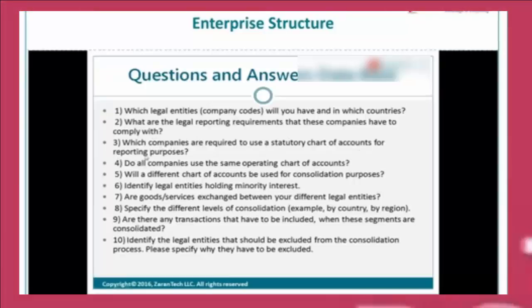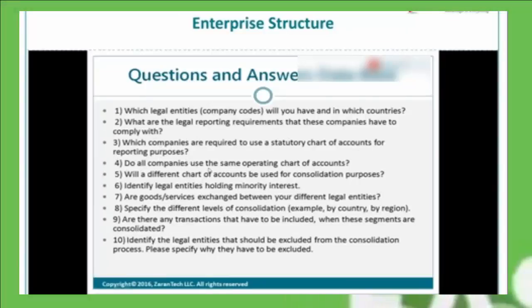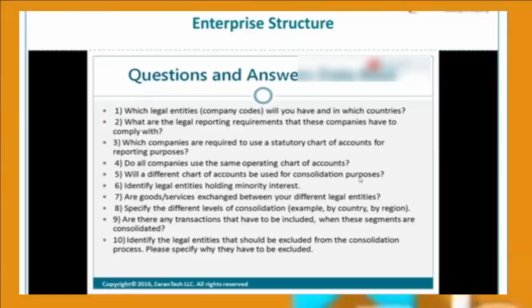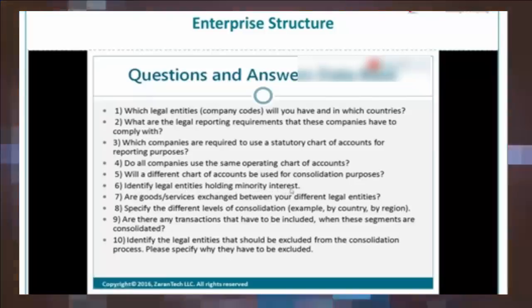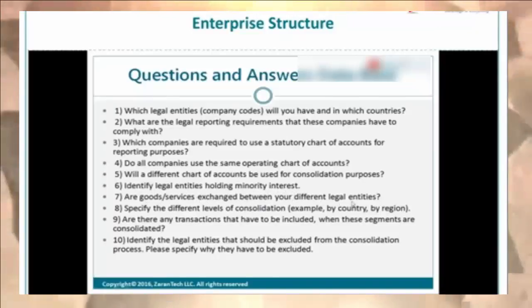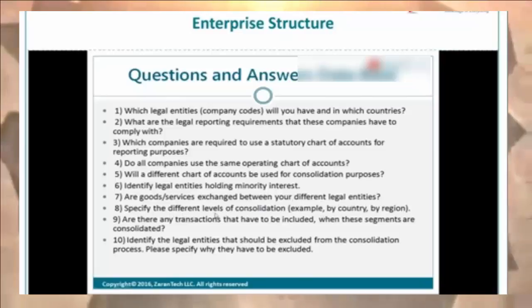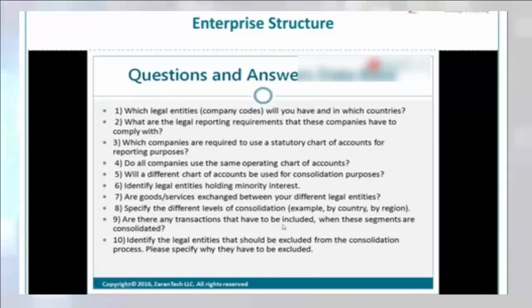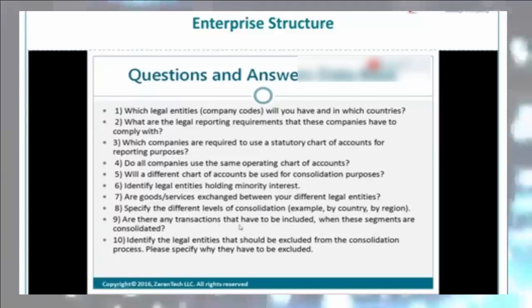Based on the answers given by the client, we document it, and we prepare the to-be process, which is called the proposed SAP system. Based on the to-be process, we bring the client's business into the SAP system. Now, here we are talking about the identification of a company code. When you look at the company code level, we'll try to understand the definition here first, then we'll complete the next slides. So to understand,